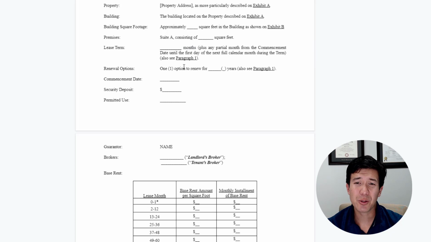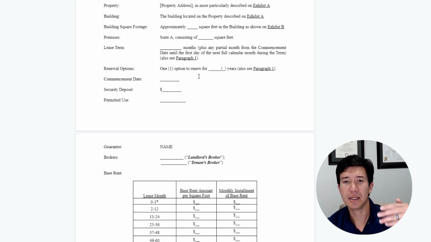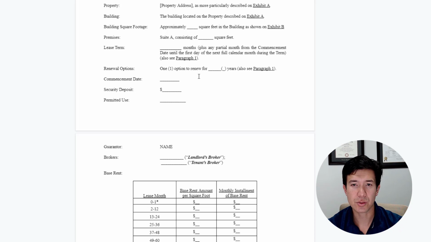Renewal options: you may or may not have this. I'm seeing a lot more landlords now in this industrial market who don't want to give any renewals, even if it's at fair market, because they think there's a better opportunity to sign for really lucrative rents. It seems like every single lease signing is setting a record for new lease rates, and so shorter lease terms with no renewals are becoming the trend to really jack up those rents.